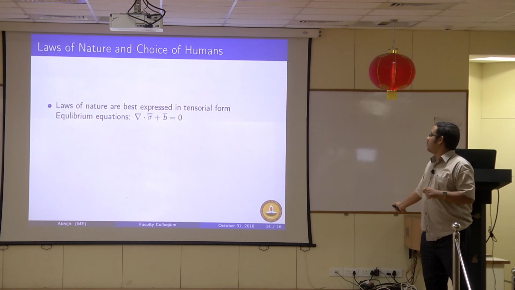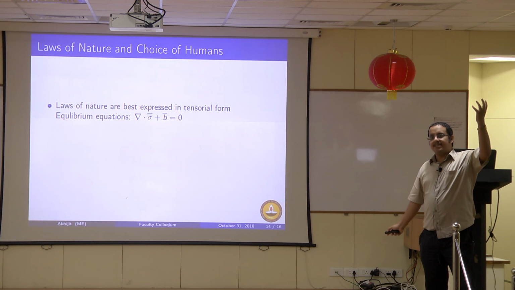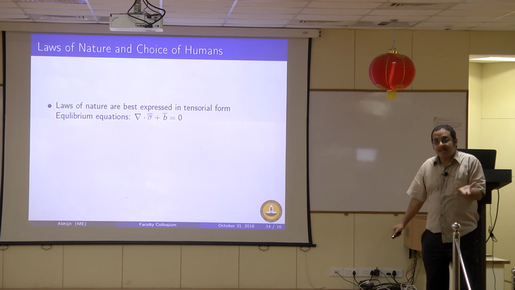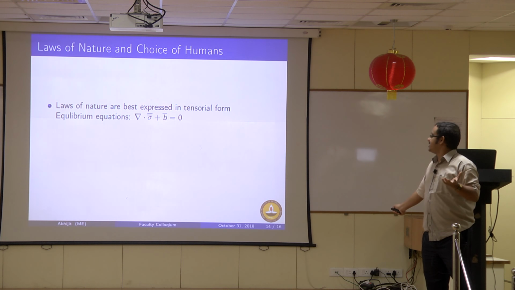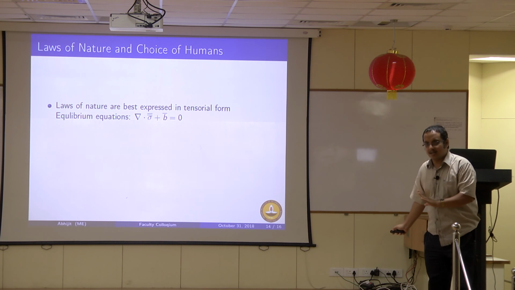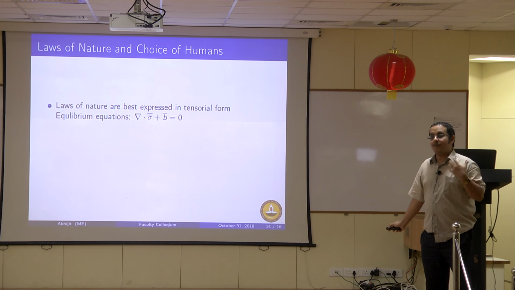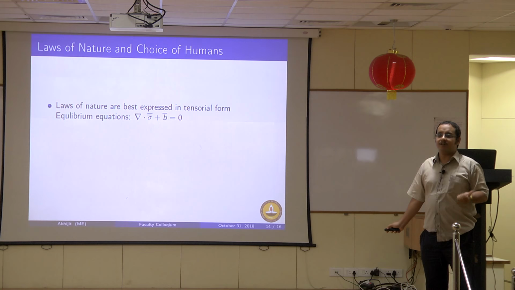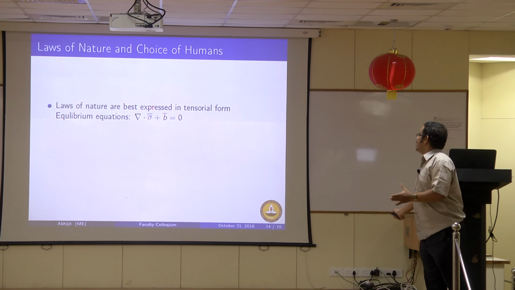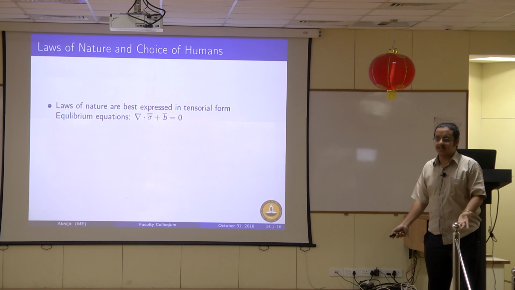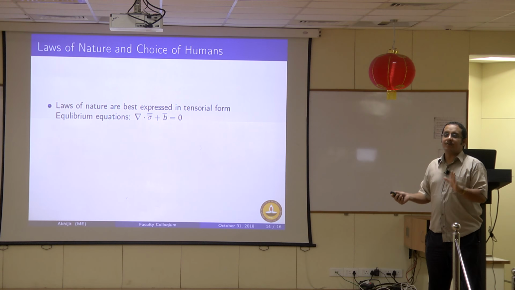If you forget the coordinate system, the actual tensor is something that you cannot touch, you cannot feel. The actual laws of nature are expressed in that tensorial form, in this case the equilibrium equation. But the only problem with this interpretation is that for problem solving this is actually useless, because you need to solve a problem for your exams and for publishing papers. So, for that you will have to bring it down to some coordinate system, because other than numbers you do not understand anything, you and me both together actually. Okay, you have to bring it down to numbers.